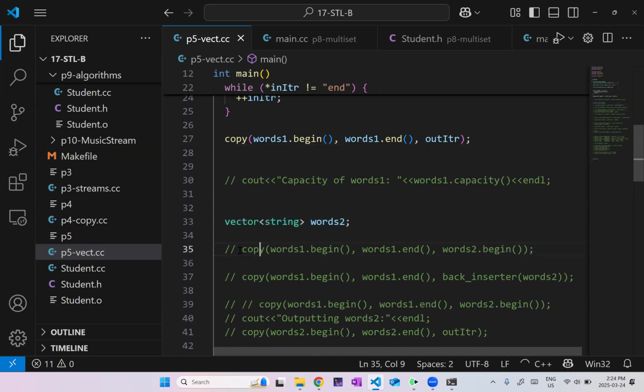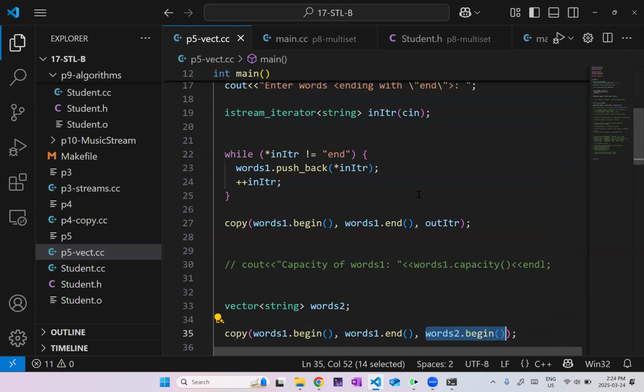well, an output stream iterator is just an iterator, and this copy, it doesn't matter what type of iterator. I can copy to any type of iterator. And in particular, I can copy, in this case, to another iterator from a second vector, right? So if I want to copy everything from vector number 1, from begin to end, onto vector number 2, start at the beginning, I can do that. Although I'm not going to do that today. There are a couple things we have to keep in mind, of course, because it's C++. There's a bunch of low-level details we have to contend with, but we'll look at that next